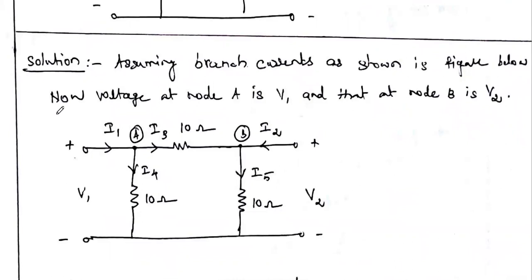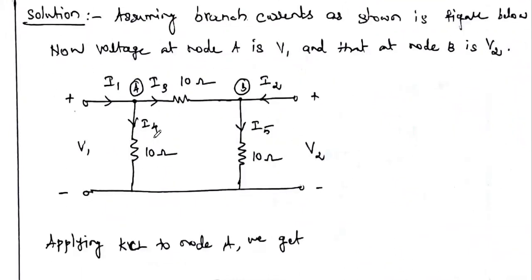In order to write the KCL equation, first we have to mark the branch currents in all branches. We are already taking the current entering the input port as I1, and the current entering the output port as I2. In each branch, you just mark the current. The direction is as you wish. Here this current is incoming to node A. In node A, two branches are there. Let us take the current flowing through this branch as I3, and similarly the current flowing through this branch as I4.